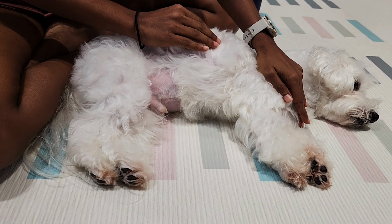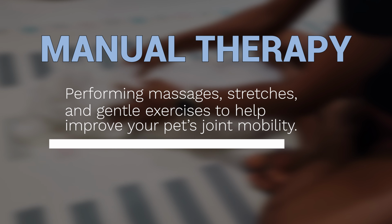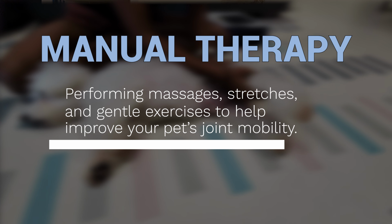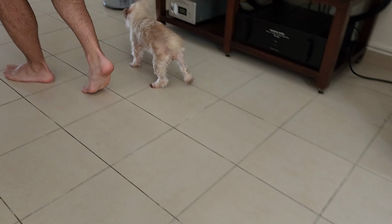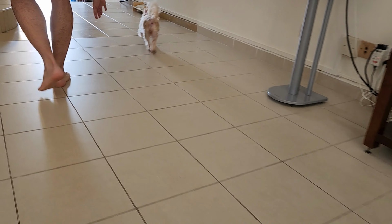As a rehabilitation veterinarian, we have a fancy term for what we do called manual therapy. But what it actually is, is just performing massages, stretching, and gentle exercises to help improve your pet's joint mobility. And in my years of practice, these are just some of the benefits you can expect, and I've seen them time and time again. The first benefit of massaging and stretching your pet is to help their body stay loose